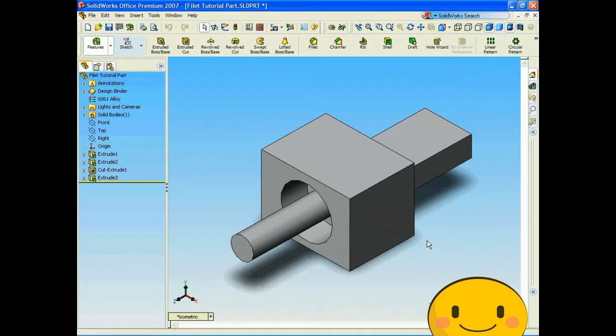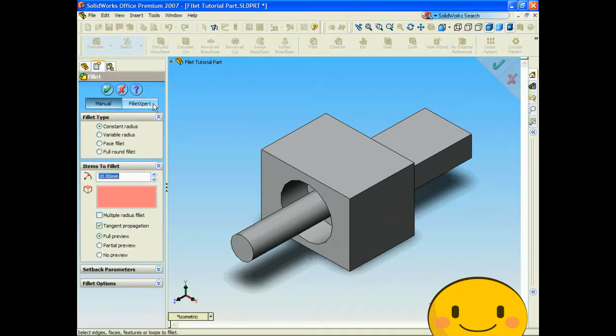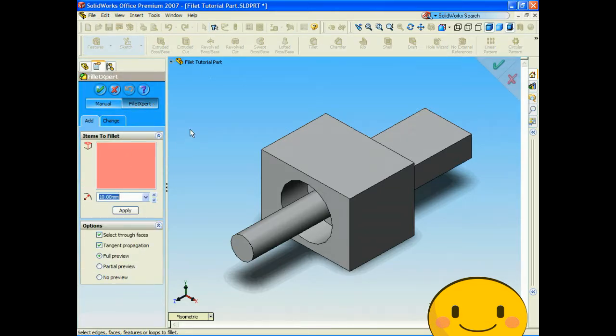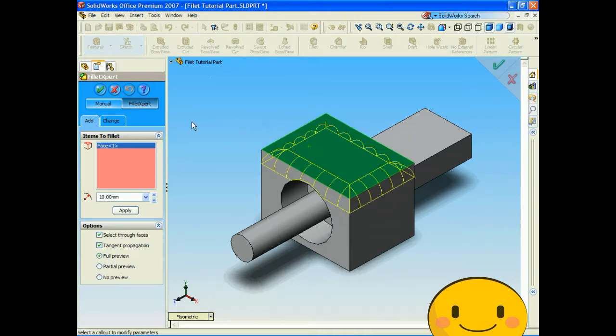This is tutorial 14, and it covers the Fillet Expert within Solidworks. To start off, open up the fillet tutorial part, which I've included on the DVD. Once that's open, let's click Fillet, click Fillet Expert. Now, let's choose a face to use the Fillet Expert on. Let's choose this face. And the Fillet Expert fillets every single line, which is related to the face that we